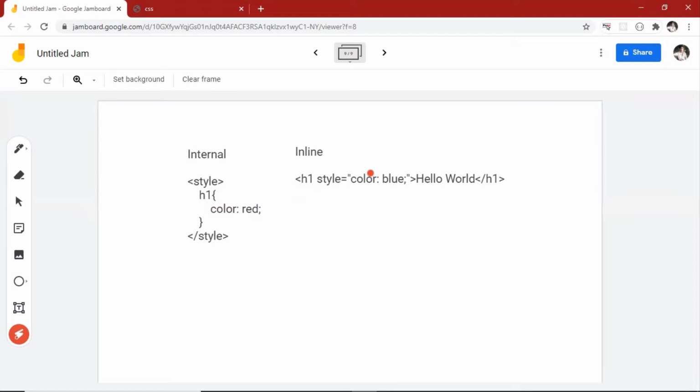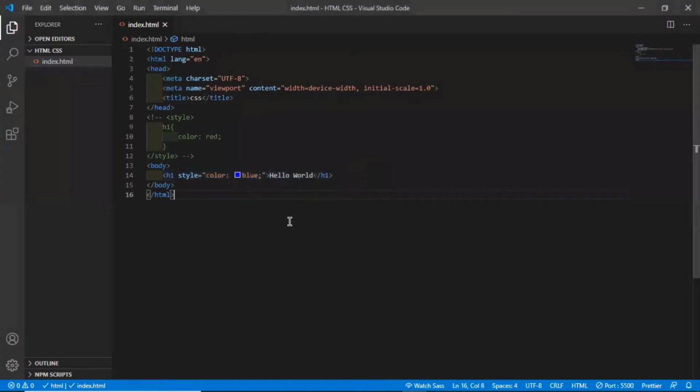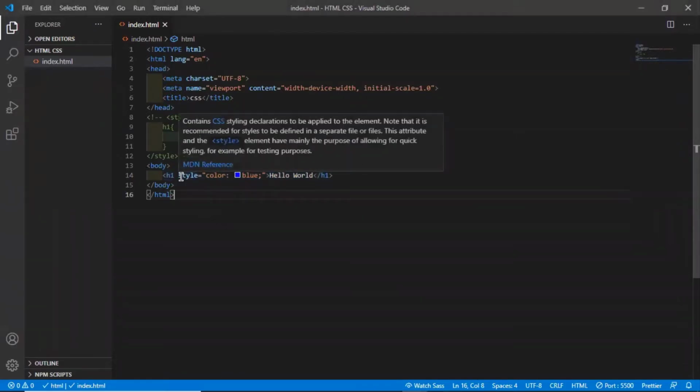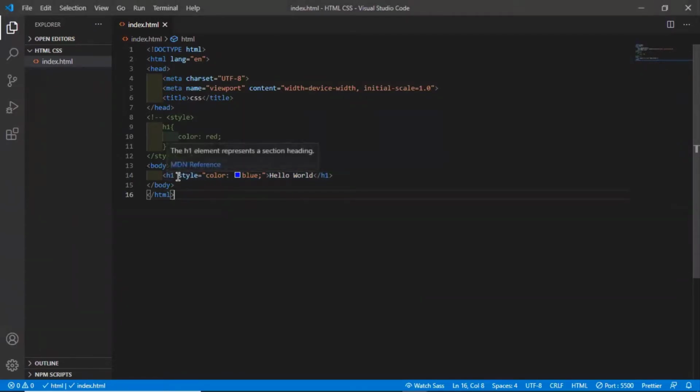Now moving on to the external. While doing external, there is a small bit of change. What is that? Let me tell you. Right now I will just cut this, paste it down here, and comment it out.